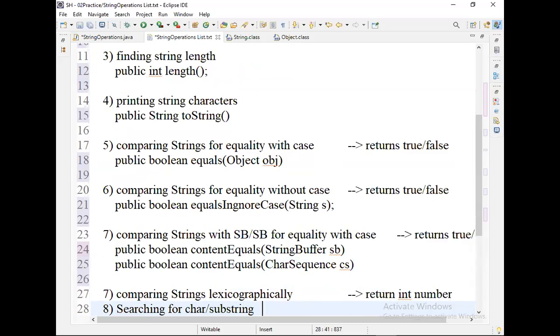Okay. Any doubts in these 7 methods, 7 operations? Any questions?